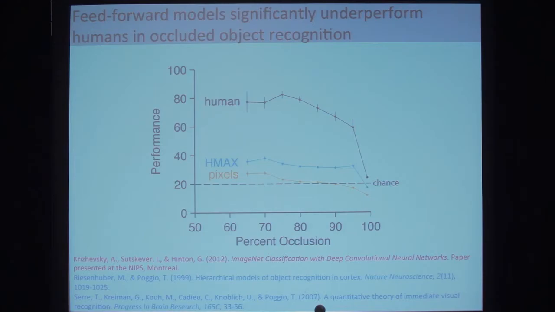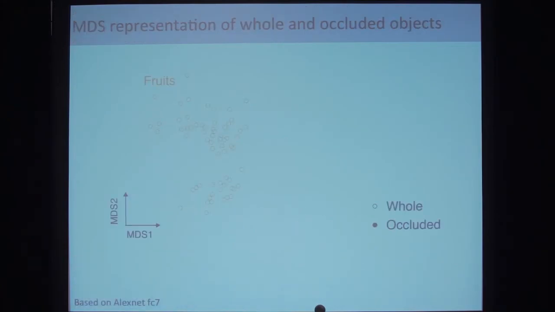We're not trying to train these parameters at all. These are, for the aficionados, different versions of the so-called AlexNet deep convolutional network. This is the Pool 5 level or the FC7 level. These computational models start to perform better, but they still fall significantly short of human performance. So they still significantly underperform humans in recognition, particularly for heavily occluded objects. So at the computational level, we'd argue that we need something beyond these purely feed-forward architectures for recognition.